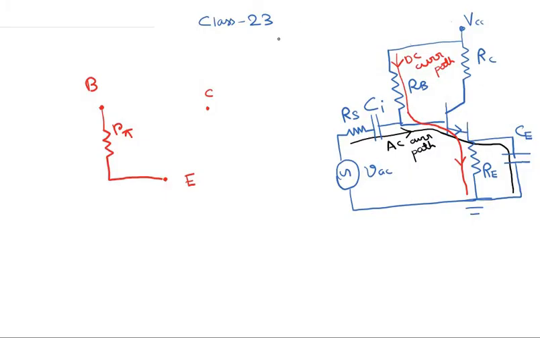Okay, and then the voltage drop across this resistor R pi is called V pi. So V pi is basically the AC component of the voltage drop across the base to emitter junction. Okay, and the collector to emitter terminal is basically represented by a dependent current source. This current source is dependent on V pi and this is denoted by Gm times V pi. This also we have seen the last day. Okay, so this is basically the small signal AC model or the equivalent small signal model for the transistor only.